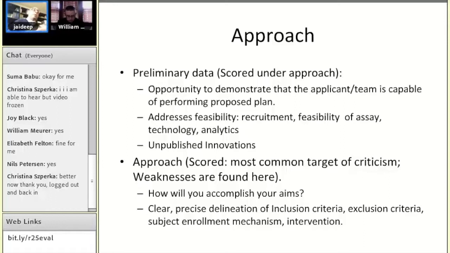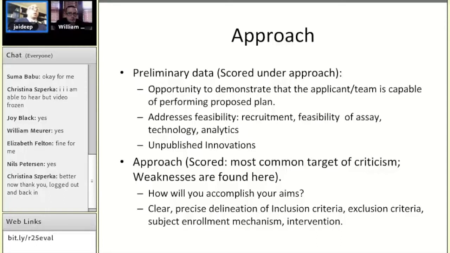Make sure that you demonstrate that that assay, whether it's an MRI or a biomarker or mRNA or some protein assay, you've done it at least a few times so that the study section can believe that you can actually do it. And again, that's a challenge for starting investigators, because sometimes you don't have the funds to do it, or sometimes you don't have the team put together to do it. But that's a critical challenge that you should try to overcome to make sure that you address feasibility through preliminary